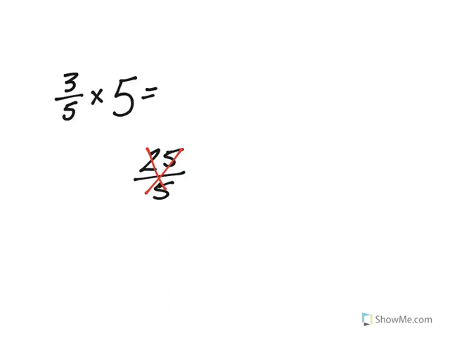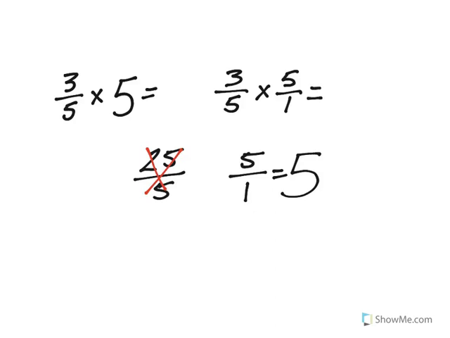If I used the simplest form of a fraction of 5 as a whole number, it would just be 5 over 1. Because, of course, 5 divided by 1 would equal 5 whole. So I want to use 5 over 1 instead of, say, 25 over 5 or 15 over 3, whatever. I want to use the easiest numbers I can. So I'm going to rewrite this as 3 fifths times 5 over 1, and with multiplying, as we learned in the previous video, 3 times 5 is 15,